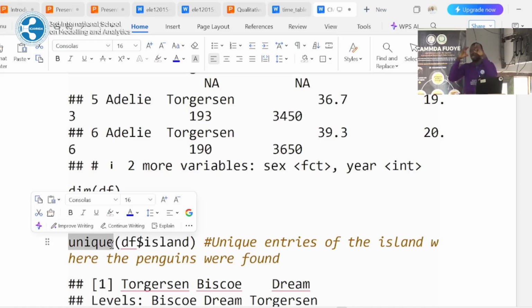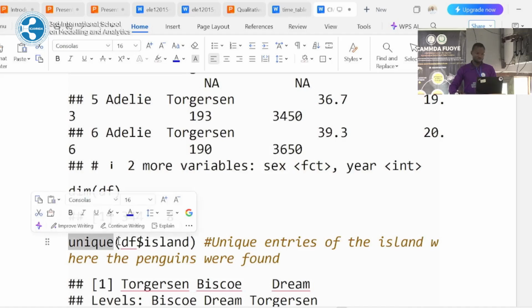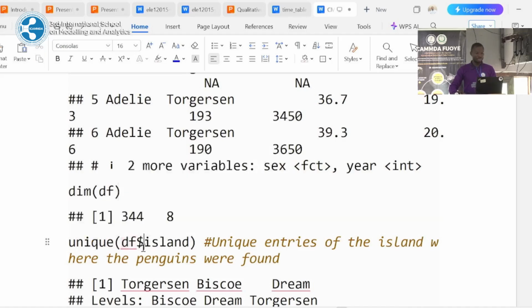But we want to know what are the unique names under this particular column. So you can use the unique function to get that. So unique df $island. By using this $island, what it means is that I'm calling this particular column. That's what that implies. So let's